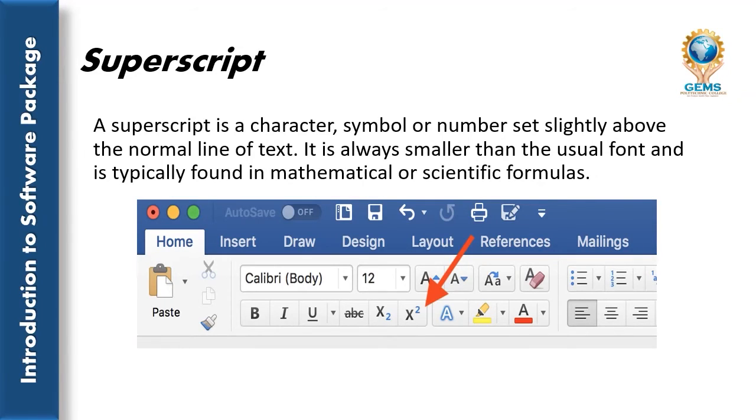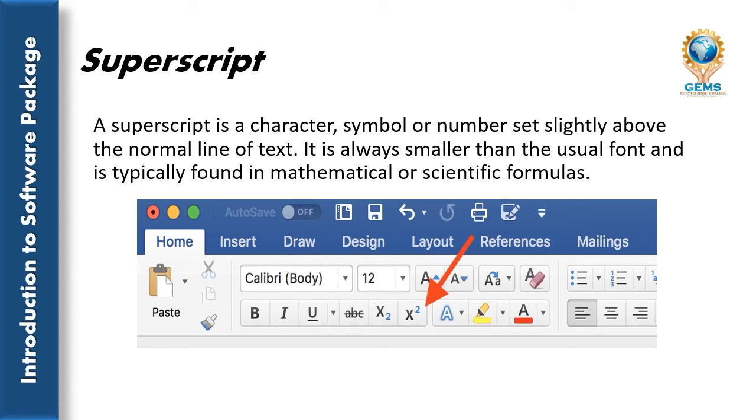Now superscript. A superscript is also a character, symbol or number that is slightly above the normal line of text.